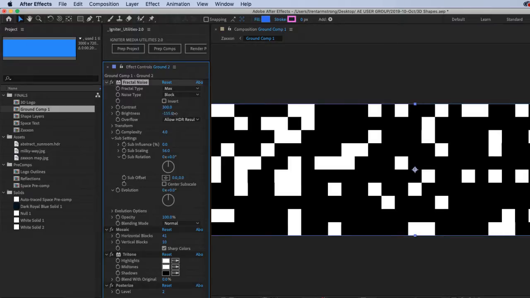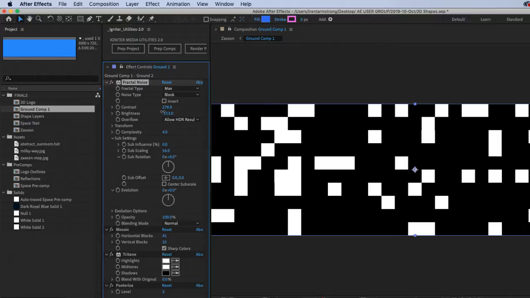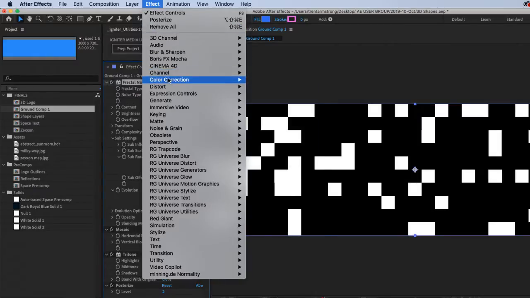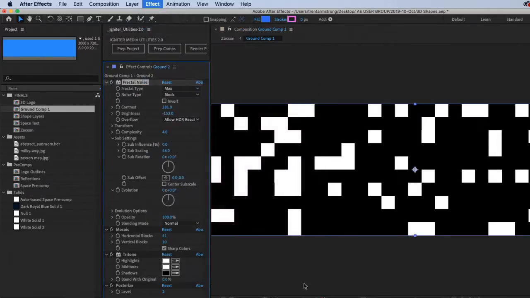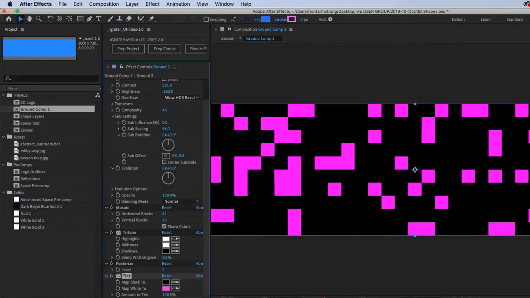So we can increase if we want to, just to get a little bit of blocky shapes there. And tint those shapes. Purple, of course.